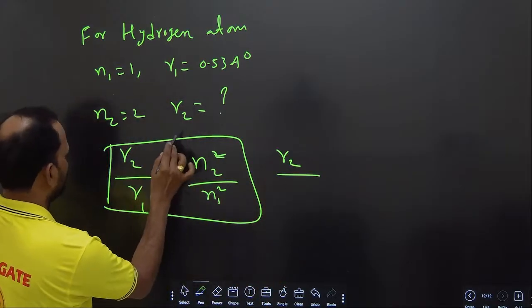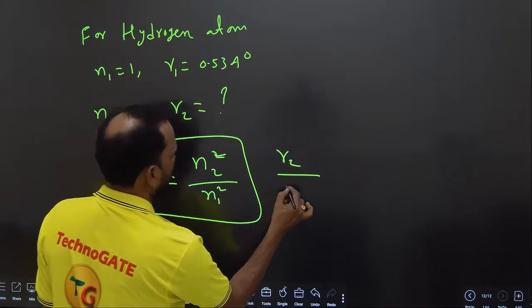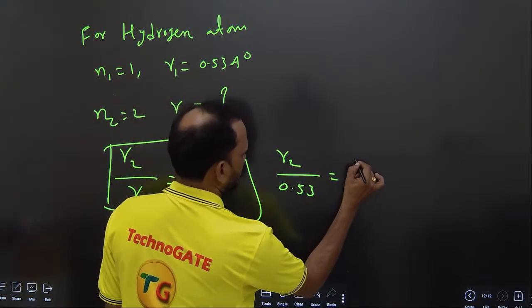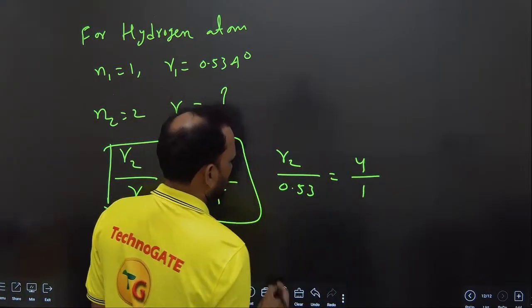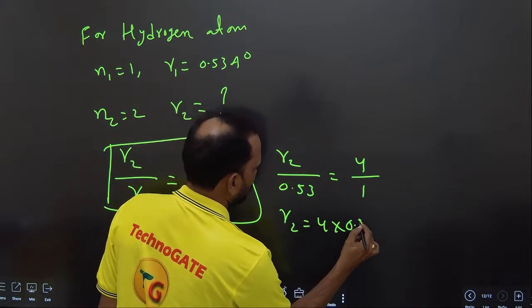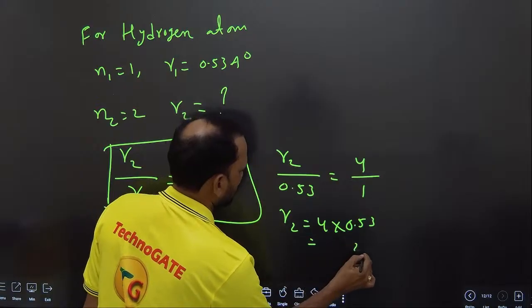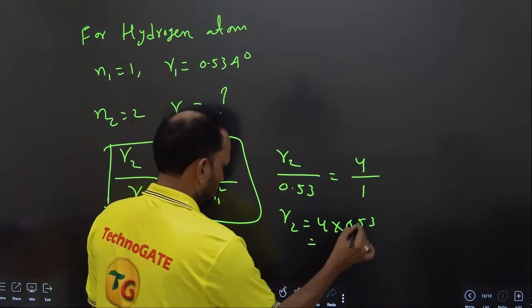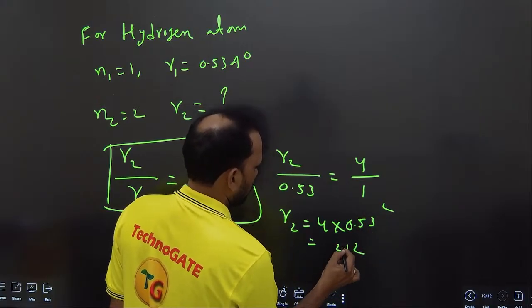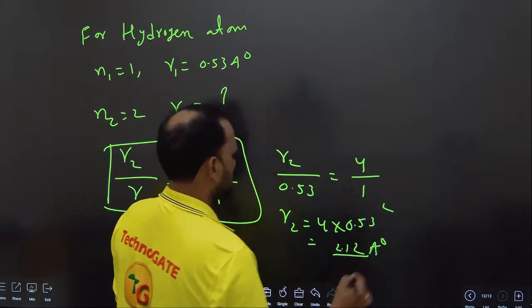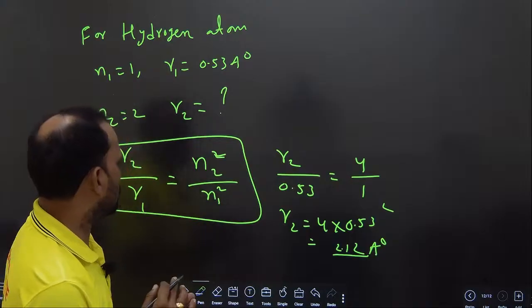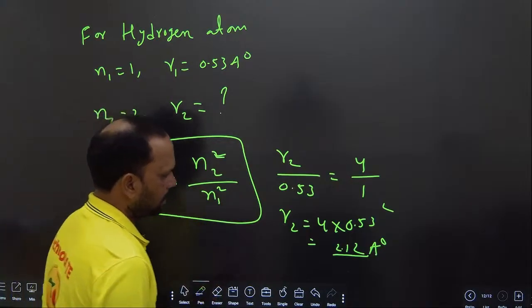R1 is how much here? 0.53. So R2 by R1 is equal to n2 square by n1 square. R2 is equal to 4 into 0.53, which gives 2.12 angstroms. So this is one of the examples. Like this, the radius will change. Now the next one is